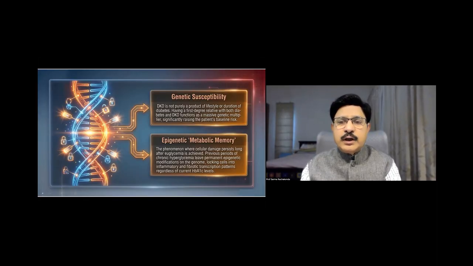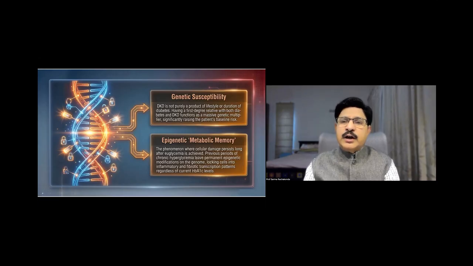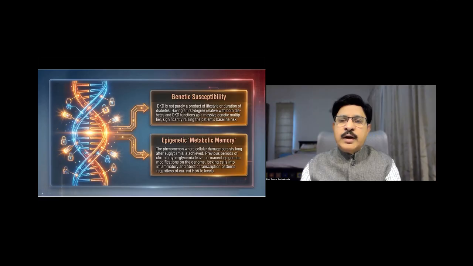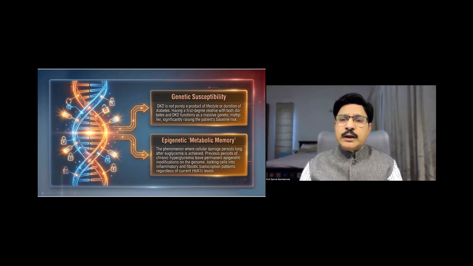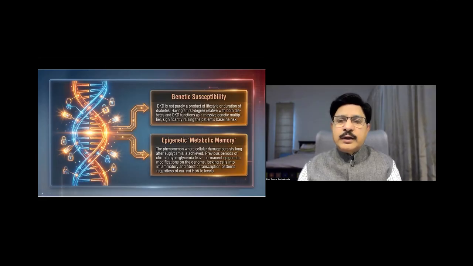If a first degree relative with both diabetes and DKD is there in the patient, that is a massive genetic multiplier raising the patient's baseline risk. So always look at the family history of diabetes in father, mother, other siblings, and DKD in them or end-stage